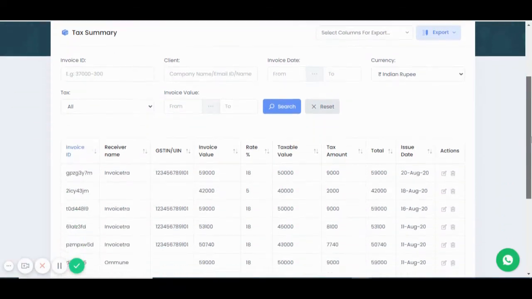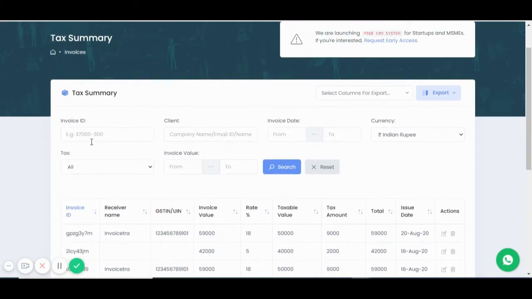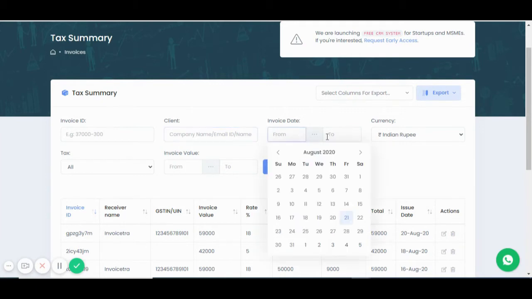If you click on GST, all the GST entries that have been made in the system will come, right? So here is an option. By using invoice ID, you can search for a particular GST entry. By typing the company name, email ID, or name of the client, you can search for the GST entry. You can also search by using the date option.